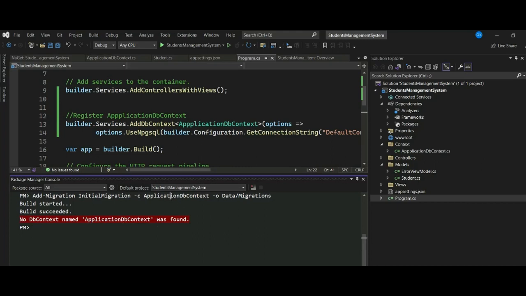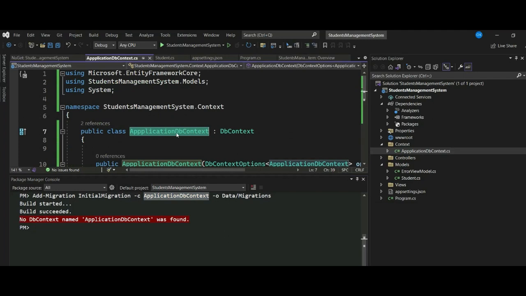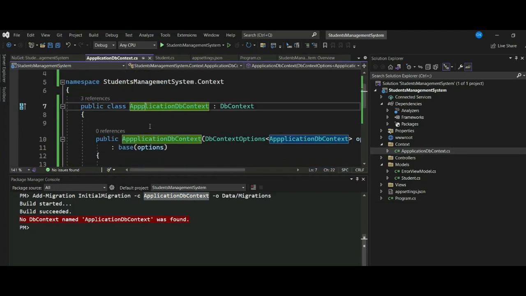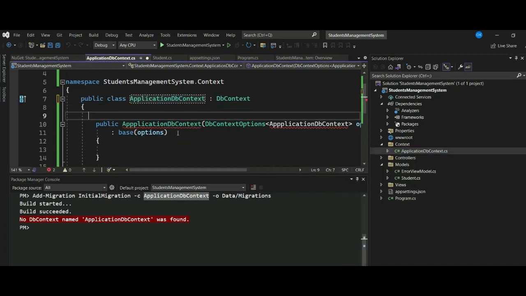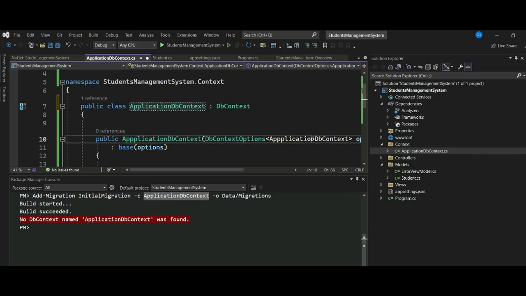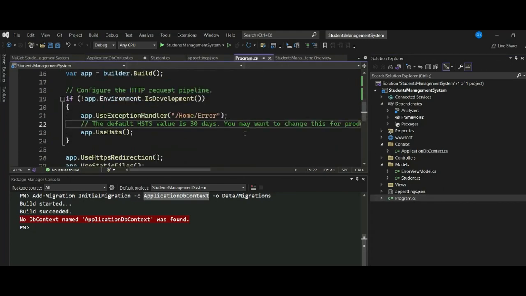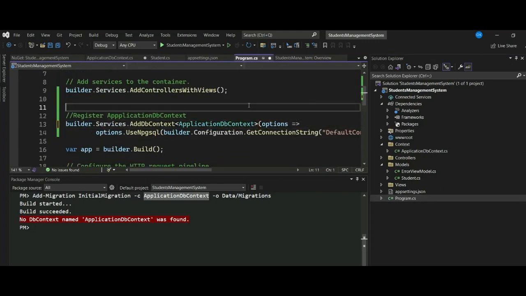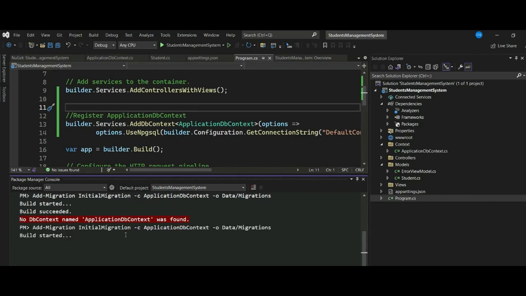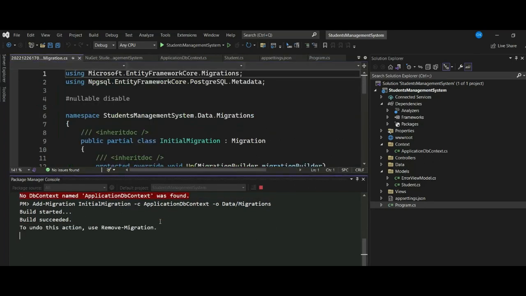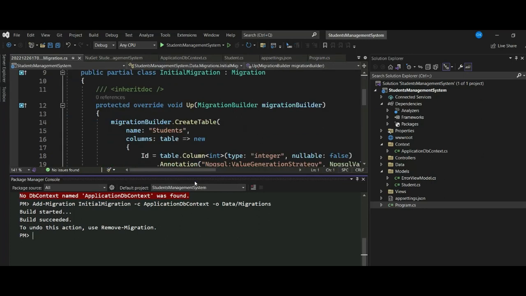So the application DB context was not found. The application DB context has a double P, so you can rename this to be application DB context. So we can do this, then we can also do it here. So that is fine. So we can do this again, enter. So that's fine. So you can see it has created an